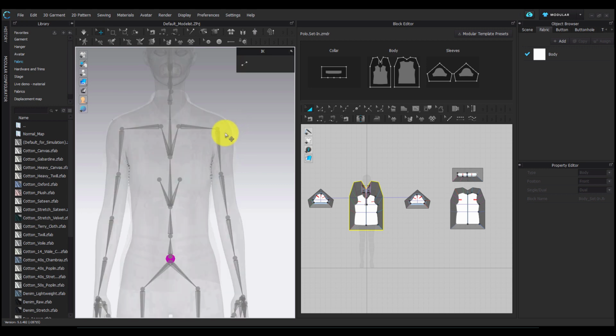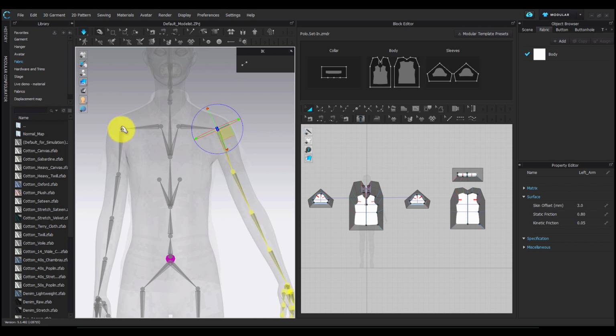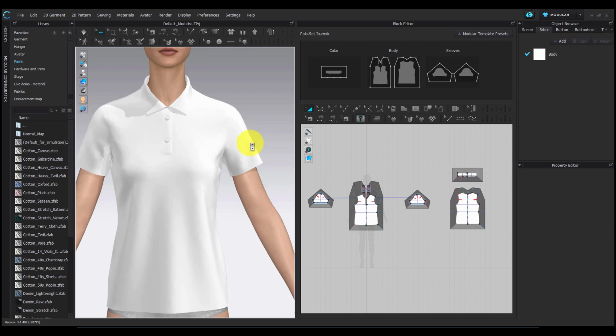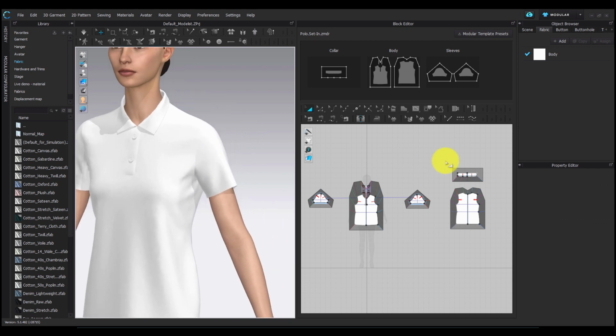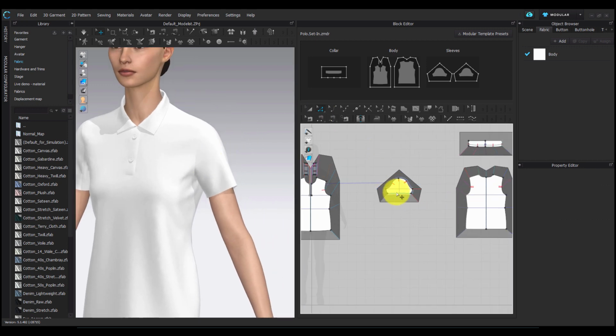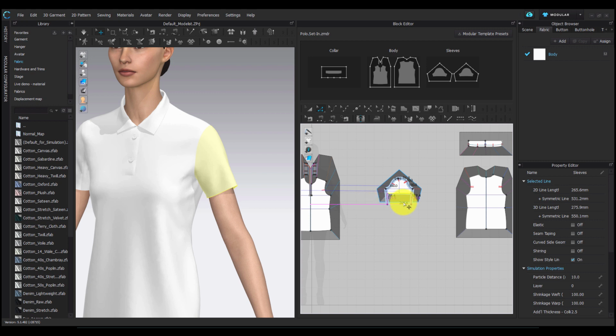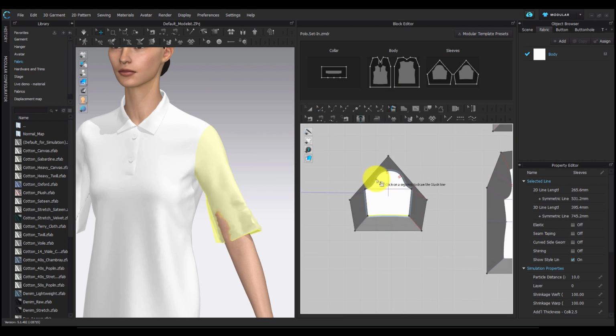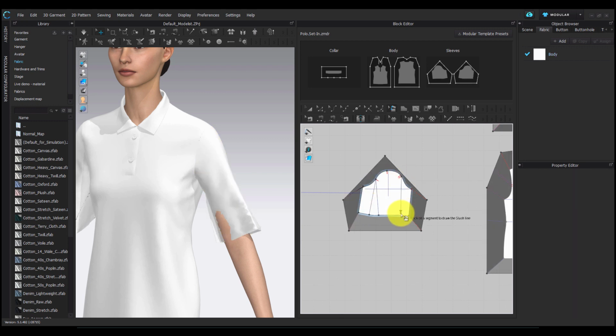Here I'm going to create another type of sleeve, but before that I'm going to change the pose of the hands a bit because I don't want any collision getting in my way. So now with editing my sleeve pattern, I'm just going to increase the length of this sleeve and add in some volume with a slash and spread. As you can see, this outer template adjusts itself as I go on making changes to the pattern.